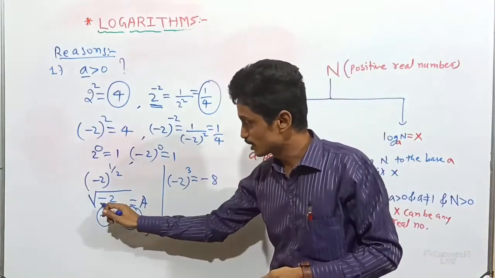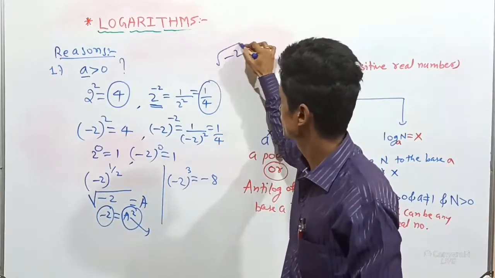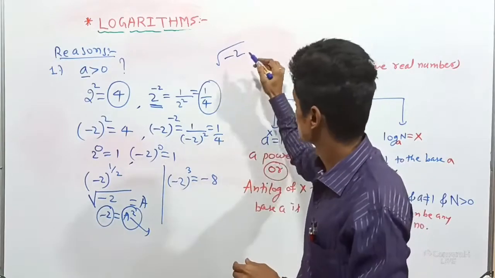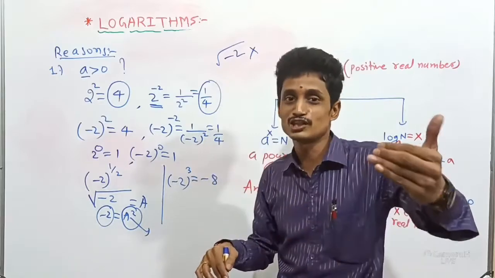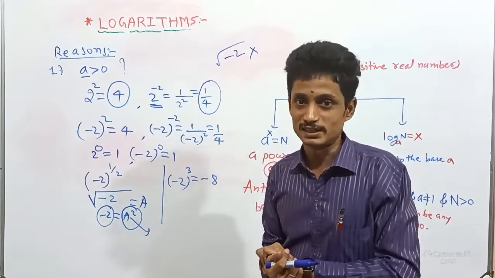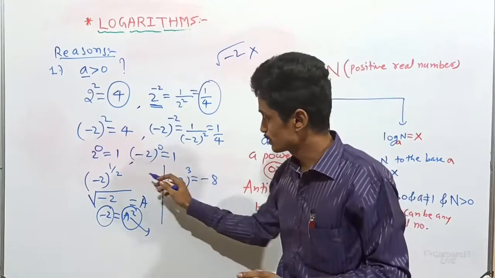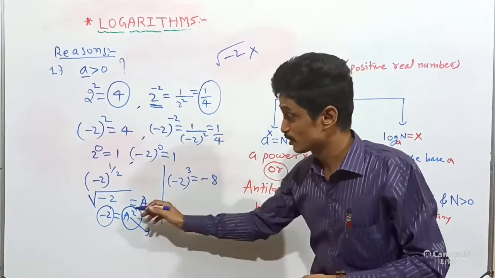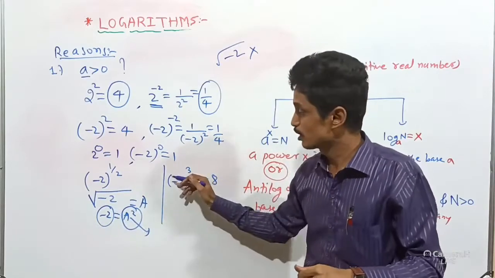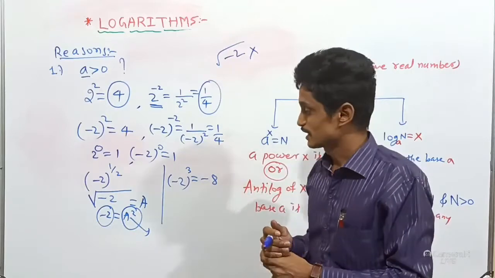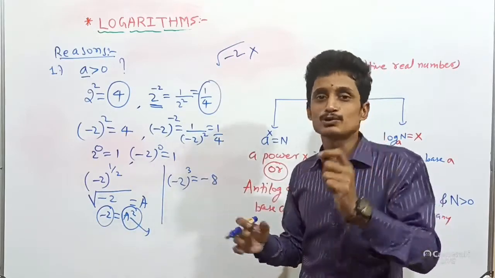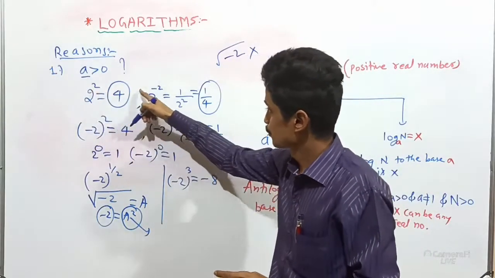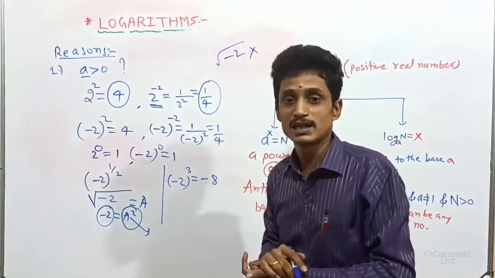That's why we can conclude that the square root of minus 2, or the square root of a negative number, does not have a solution in our real number set. That's why some numbers, some negative numbers, are possible to express in index form, but not all powers. That's why we can conclude we can choose only positive real numbers. With positive real numbers, with a positive exponent or a negative exponent, I still get my answer.